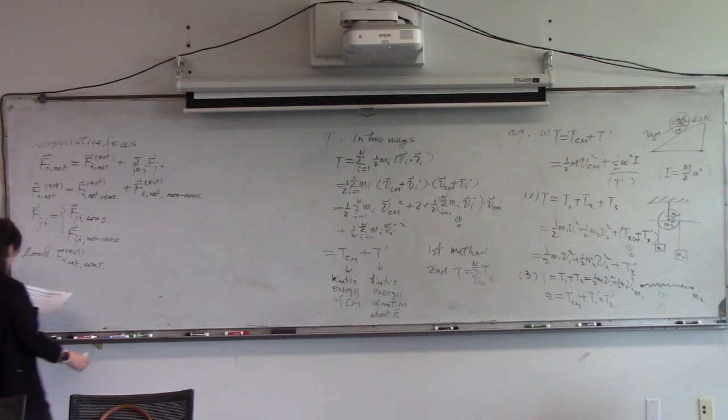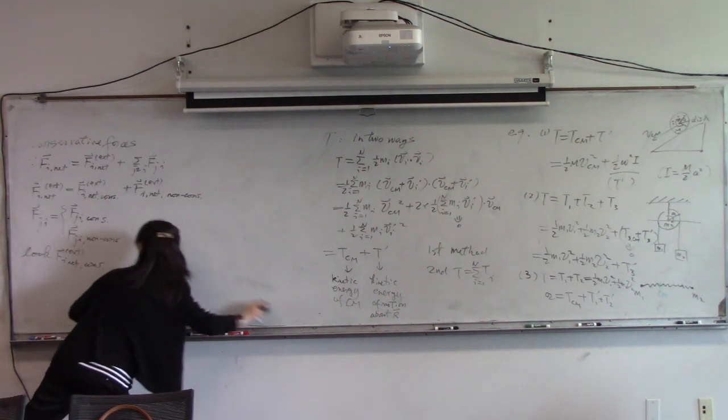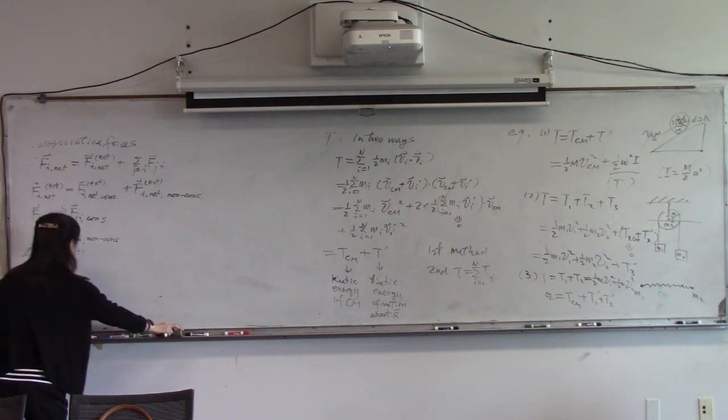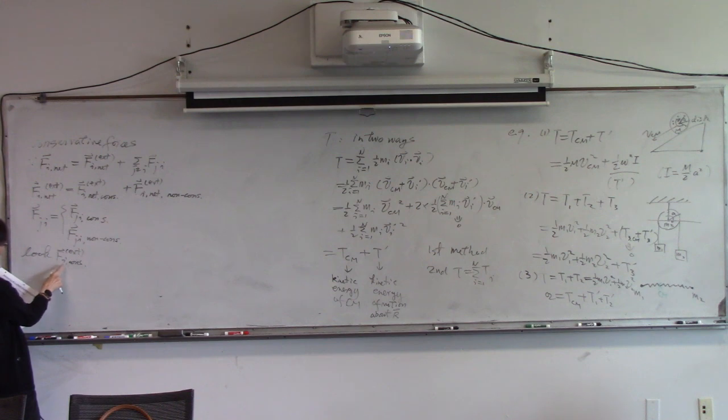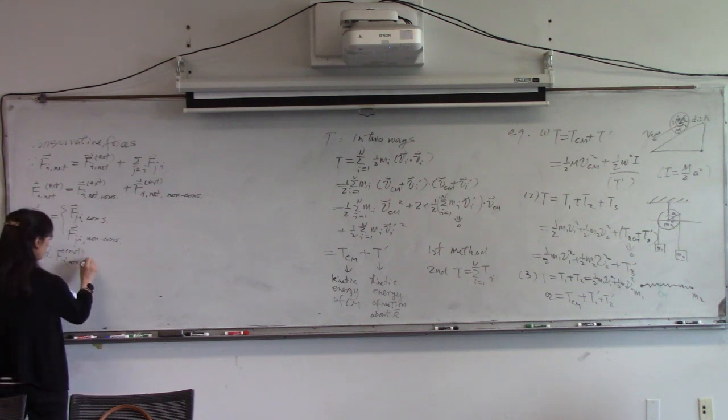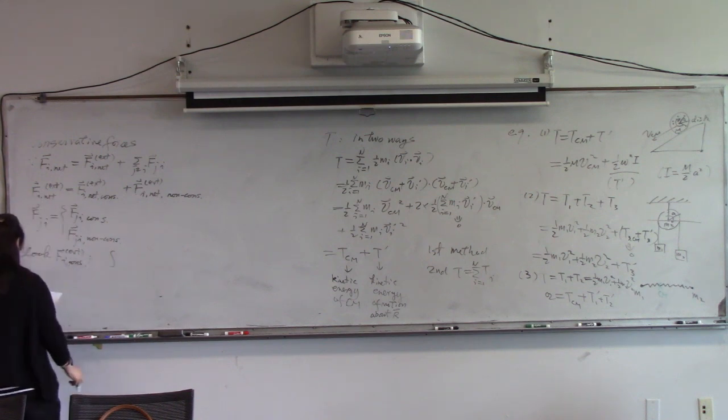Let's look at this one. Just consider one of them, right? Then you sum all together to get the net. So now, one of the conserved forces, which is external. Then let's look at this one. So the work done by this,